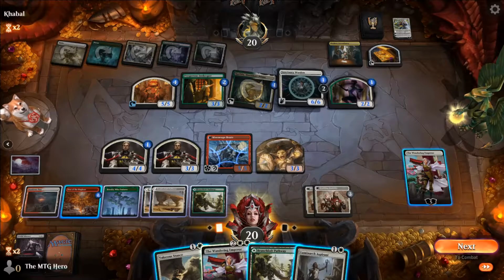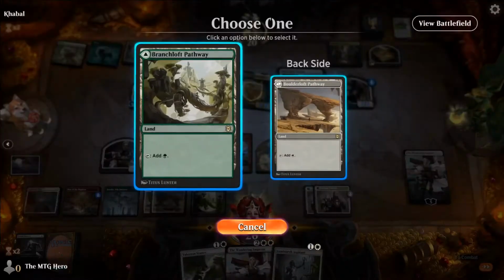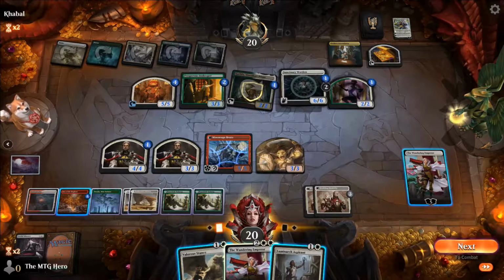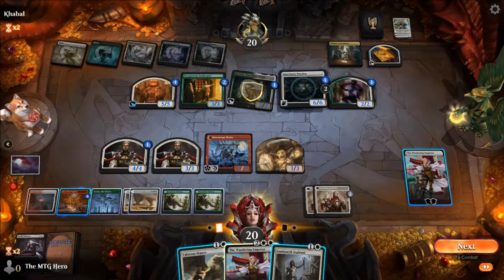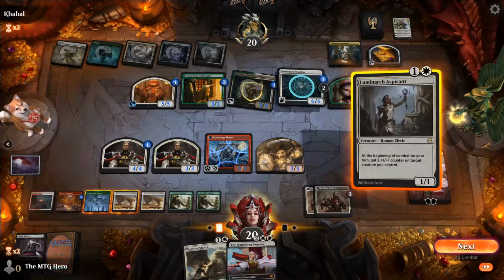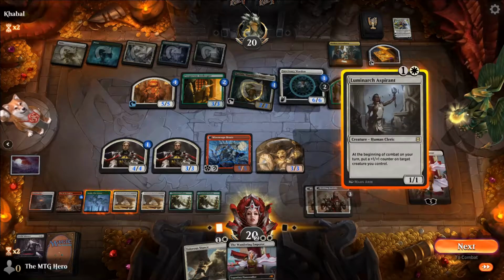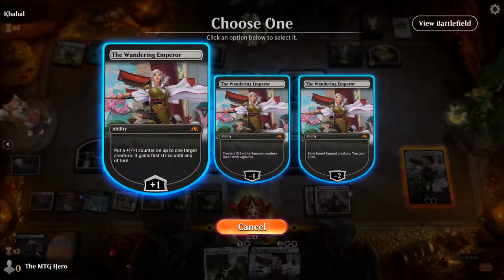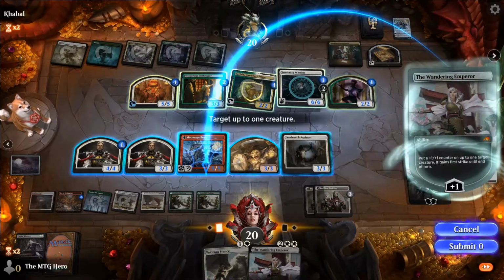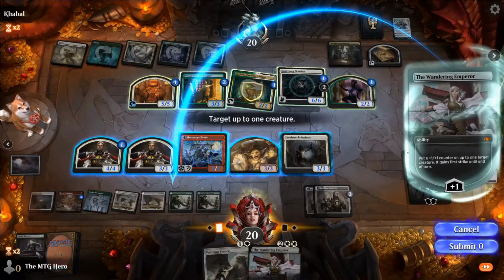Okay, our opponent's board's getting a little big. I'm not too worried. So what can I do here? I can play Luminarch Aspirant. Put a counter